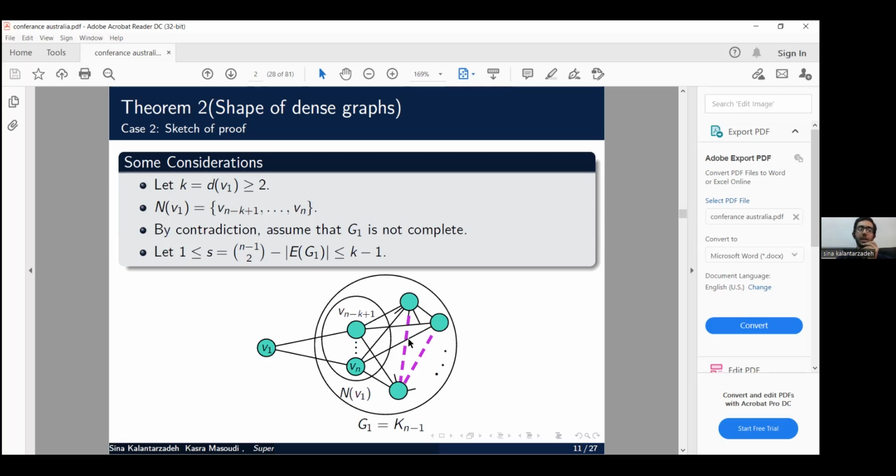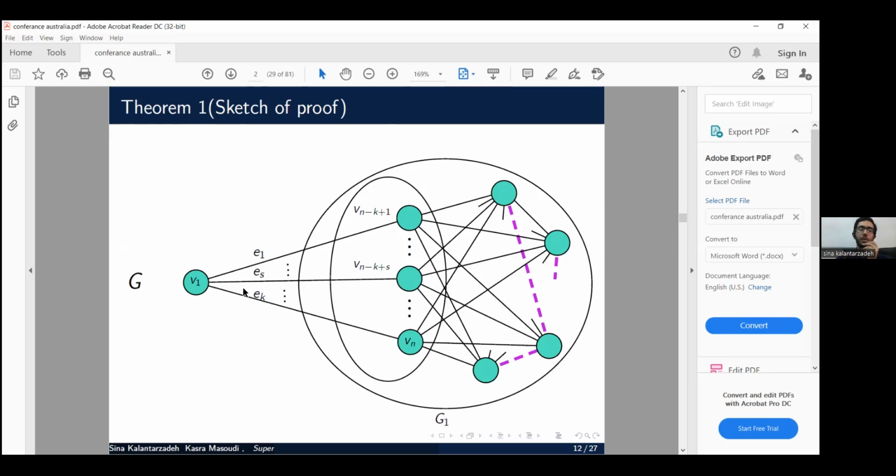I mean, S is the number of these violet lines. By our assumption, we label these edges as E1 to ES,